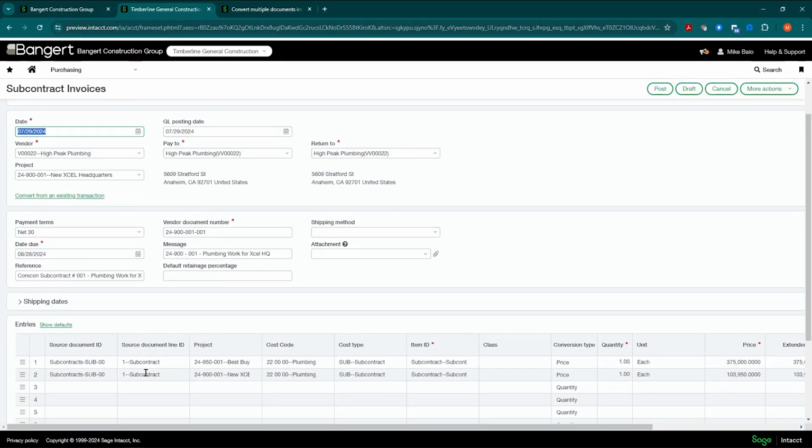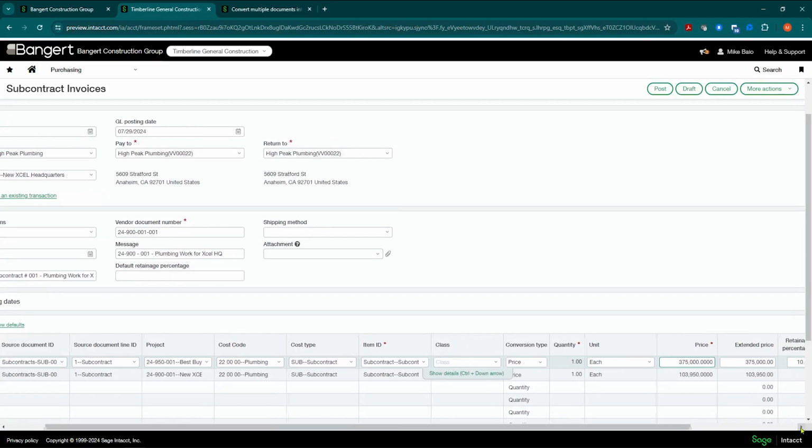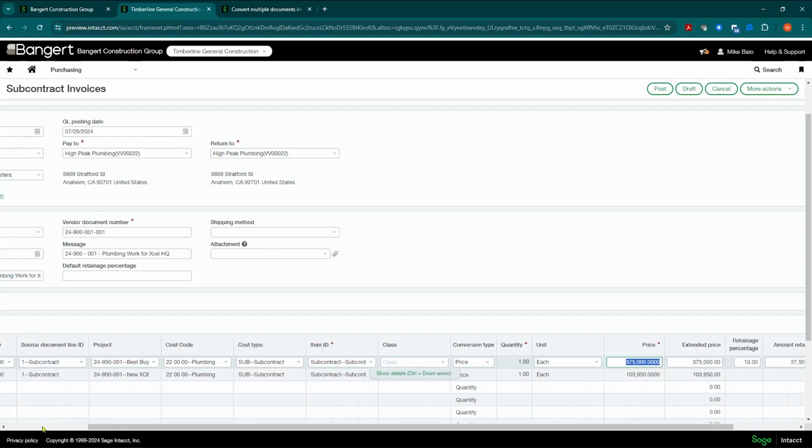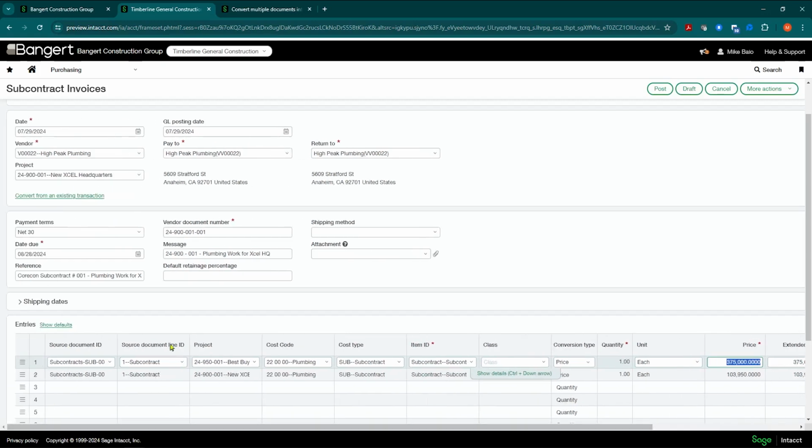And you'll notice here, it's going to store each of the documents and it's going to grab, if you had multiple document lines, subcontract lines on each of those subcontracts, it would show you all the lines here. I just happen to have one. And then it'll bring all the coding in, and it'll pre-fill in with what's left to convert. Maybe they're not billing you for the full thing here. Maybe they're just billing you for 100,000 of it, so you can do all the changes that you normally could do in the system. So you can do it that way.